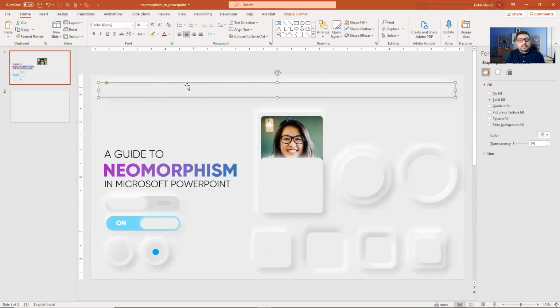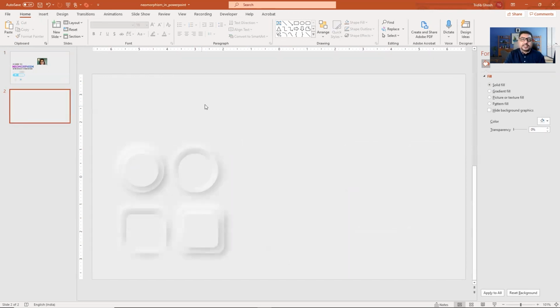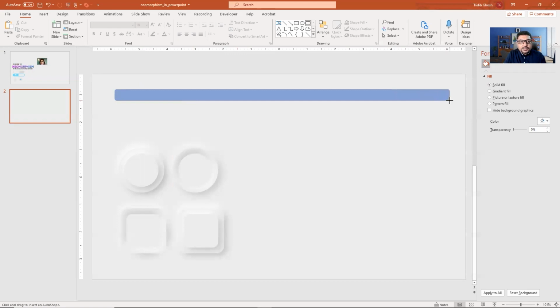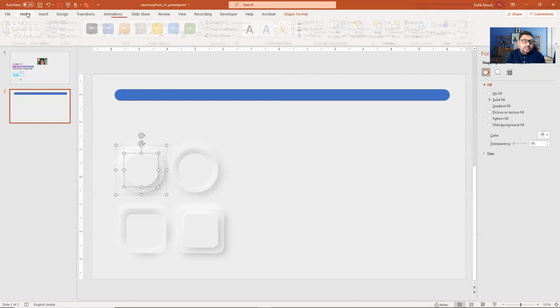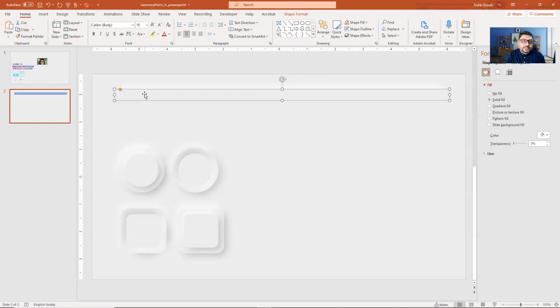Say for example, this title bar, if you want to create something like this, I will just take a very thin rounded corner rectangle object, move this pointer so that it becomes curved on both the sides. Lovely. And I will just take one of these things, go to home, format painter, and paint it. See, it is automatically applied.